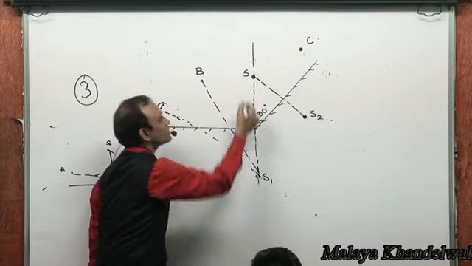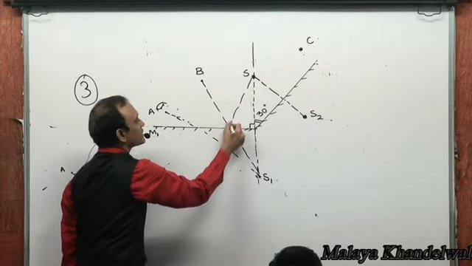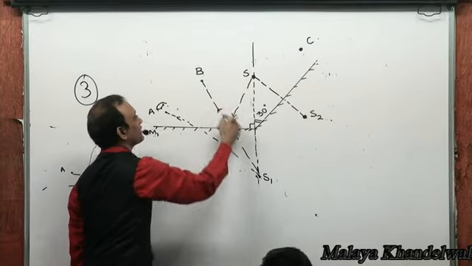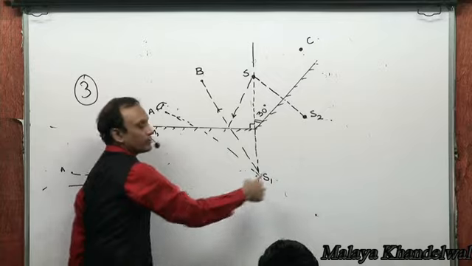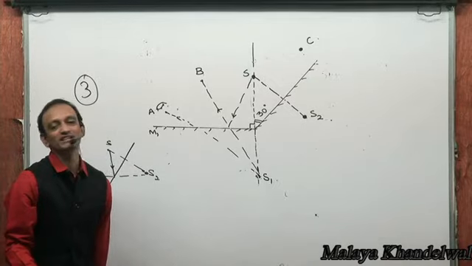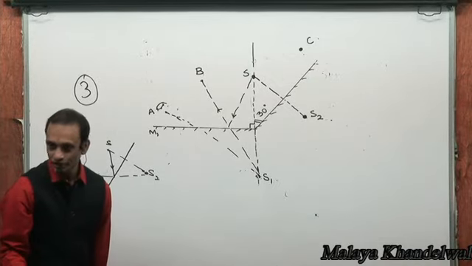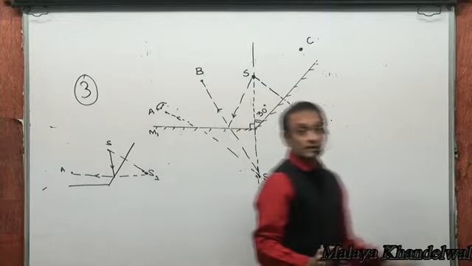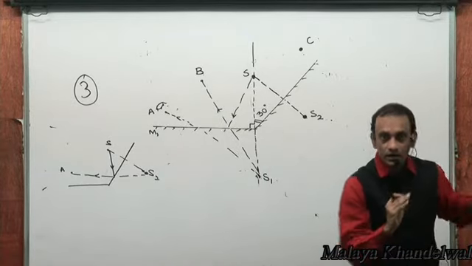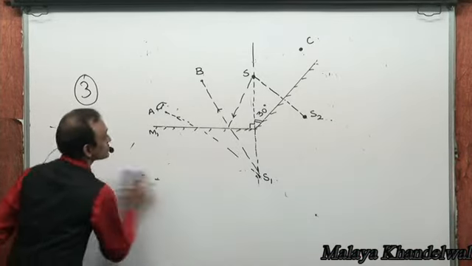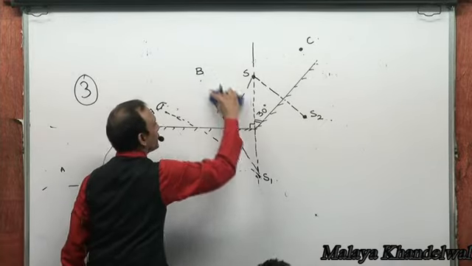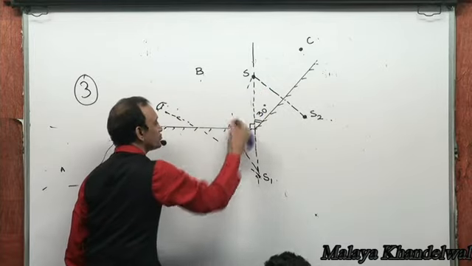Can you see this? If this is an incident ray, this would be a reflected ray, which seems to be coming from S1 and hitting B. So B will see S1 for sure, right? Are you all okay with this? I don't want you to be messed up on this concept. And similarly, just to remove the clutter from here,